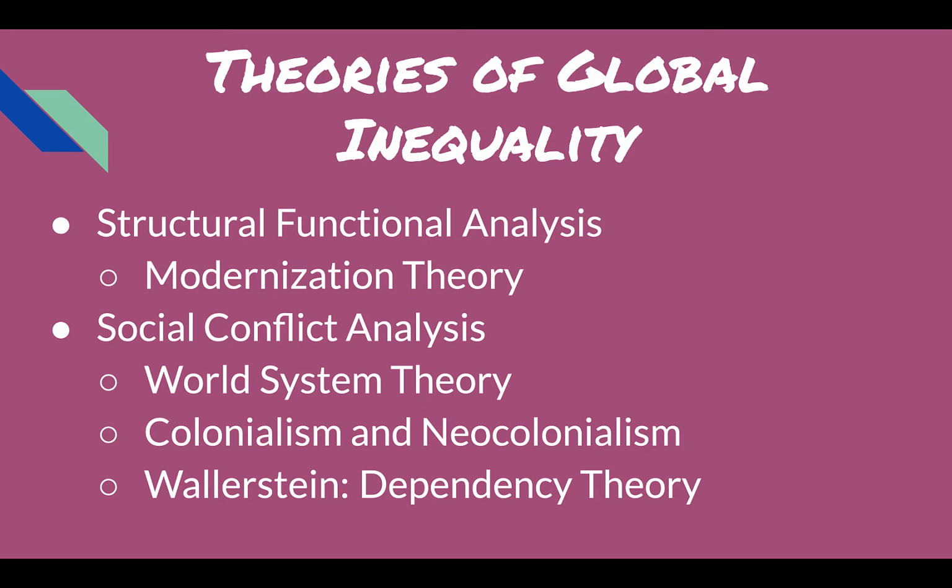So modernization theory is basically a model of economic and social development that explains global inequality in terms of, again, those technological differences, as well as the cultural differences that exist between societies. So you have W.W. Rostow's Stages of Modernization, which is similar to demographic transition, but not quite, right? So first, the first stage is the traditional stage, where people living in traditional agrarian societies raise their children to look at the past, respecting old ways.